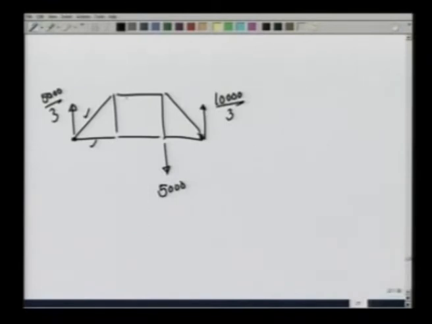Now, if I go to point F, A, B, C, D, E, or point B, I have two of the three forces, I have one force which is known, and therefore, I can calculate the other two forces. Let us go to point B. The pin at B is under equilibrium due to a force on AB, which is